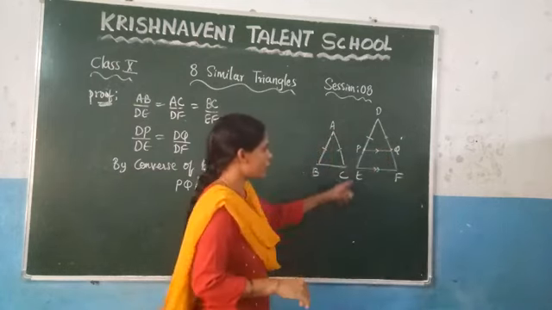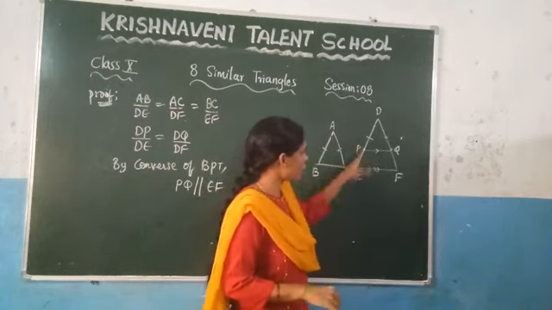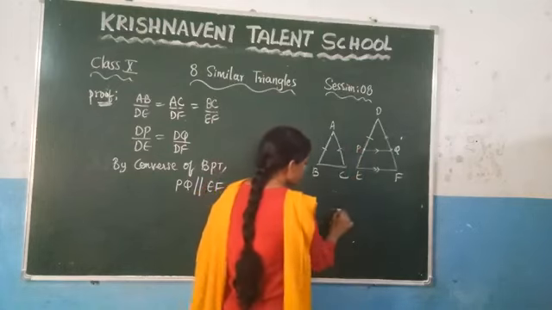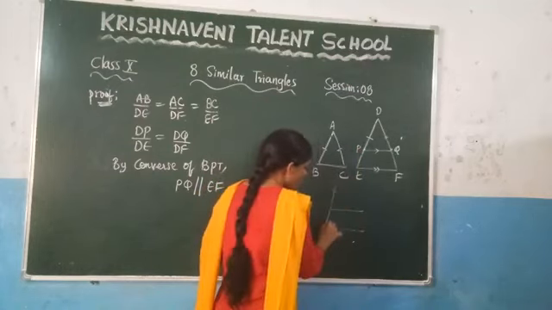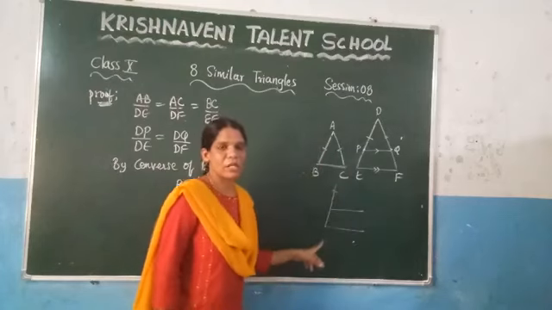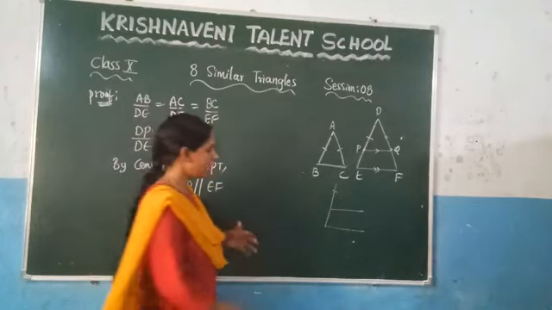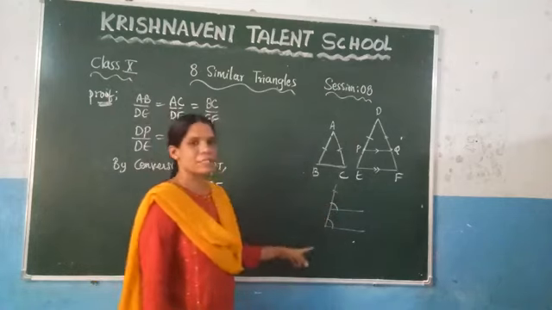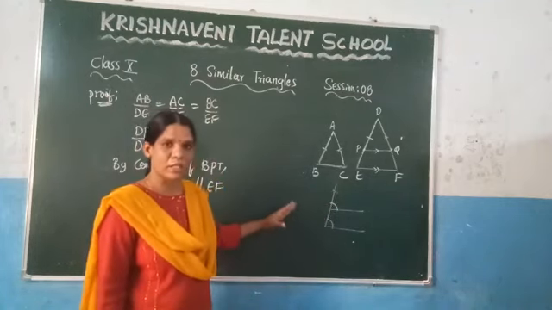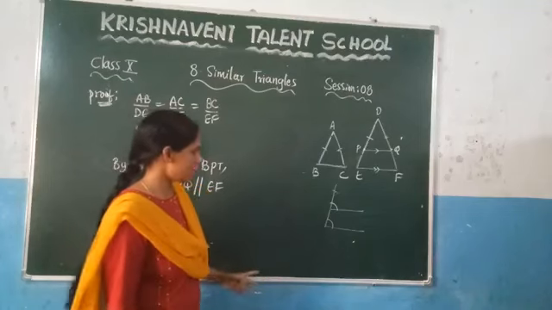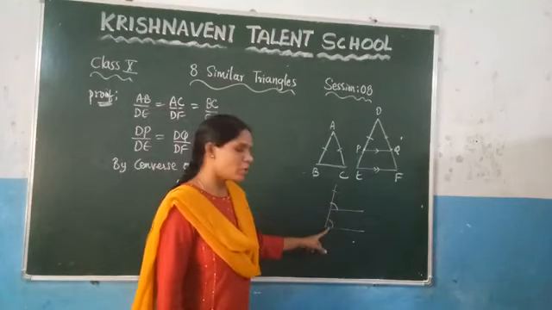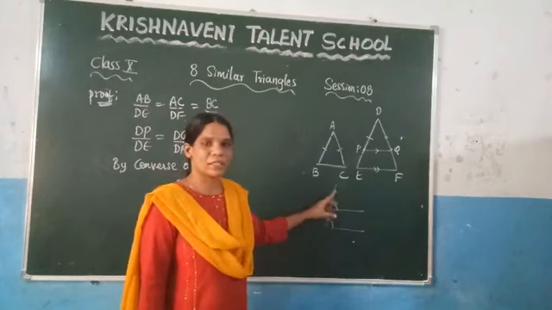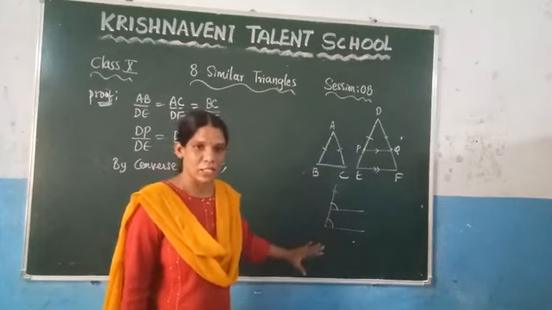And you know that if these two lines are parallel, this line DE we call as a transversal, right? So here these two lines are parallel. This line we call a transversal. And you know that in a transversal, what are these angles called? We call these angles corresponding angles. What are corresponding angles? The angles that lie on the same side of the transversal, one is interior and the other is exterior. Such types of angles we call corresponding angles.